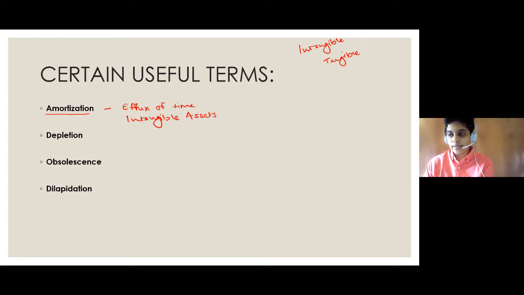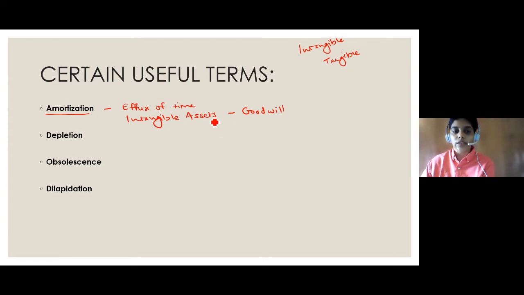Now, intangible assets are generally in the nature of goodwill. Goodwill is the monetary value of the reputation of the business. Now, goodwill is calculated for a particular time period. So it can be calculated for 2 years, 3 years, 5 years, something like that. So you have already put a time period on it. That means due to passage of time, this goodwill will change. So it has to be removed. So when we write off goodwill, we say that we are amortizing it.